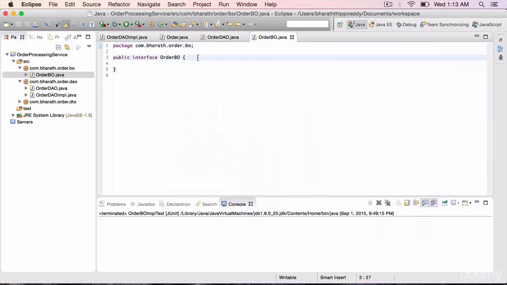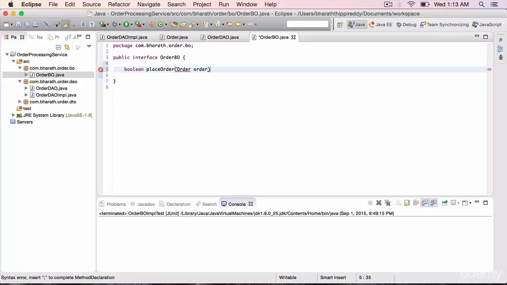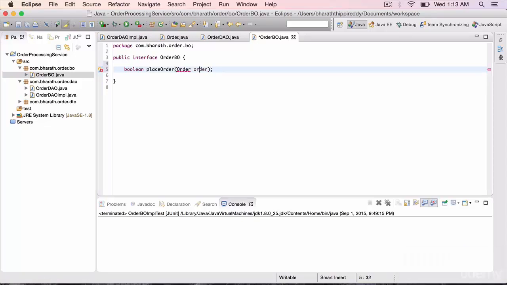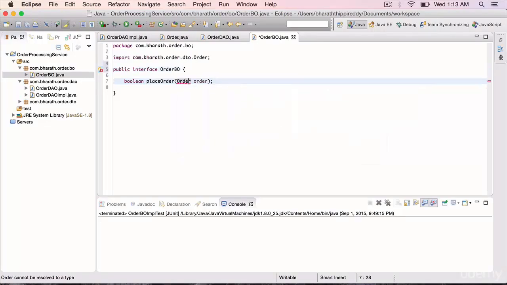In here, we'll be adding 3 simple methods, starting with place order method, which returns a boolean. Place order takes the order object, the order DTO. To import it, point the cursor on the order, hit Control 1, select the first option to import the order.